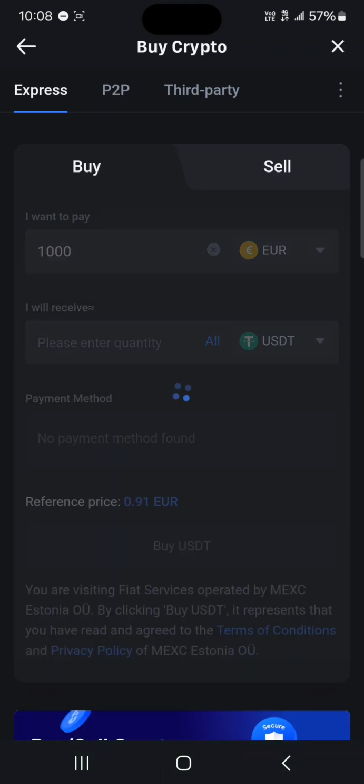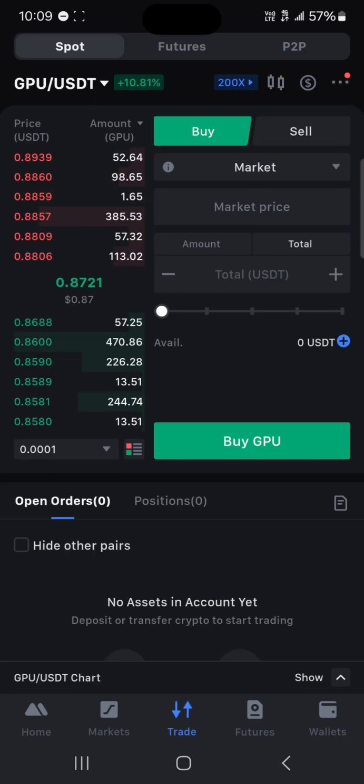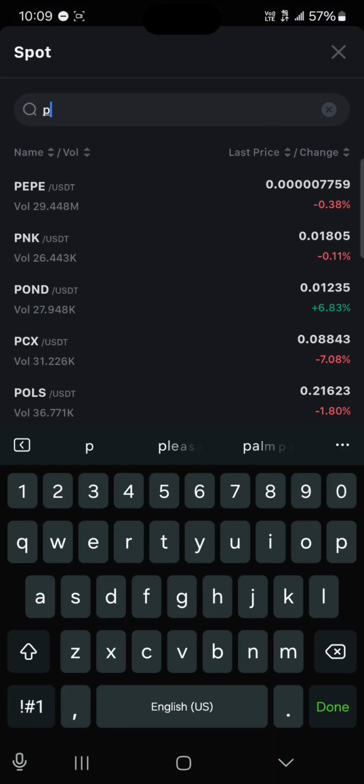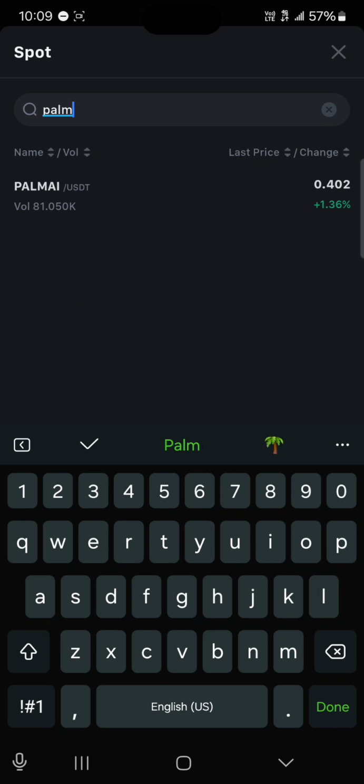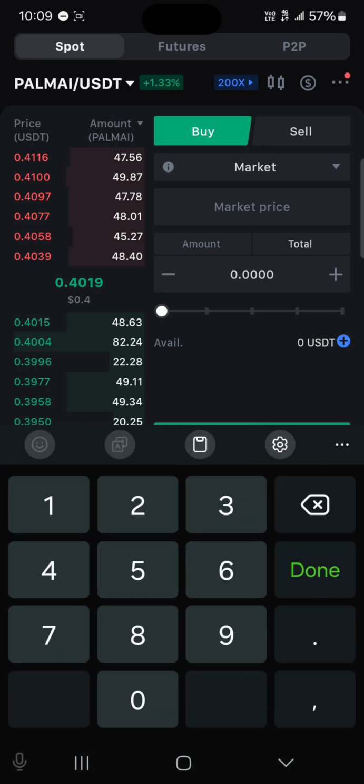So guys, once you've gotten your USDT from the Express, all you need to do is head to the trade, which is at the bottom of the screen, and where we have GPU USDT, use this drop down to simply search for Palm AI. So click on Palm AI USDT, and then where we have your trading type, you could simply move it from limit, if it's on limit, and set it at market, so you can buy your cryptocurrency at the current price of the market, which is 0.401. So you could buy it at this cheap price